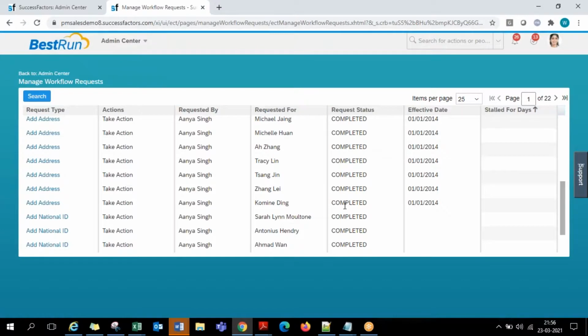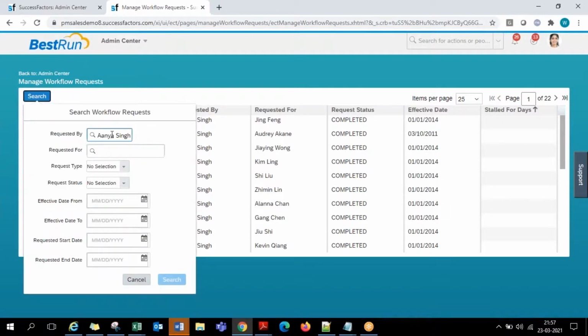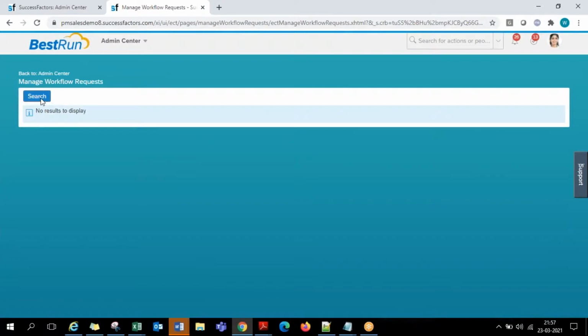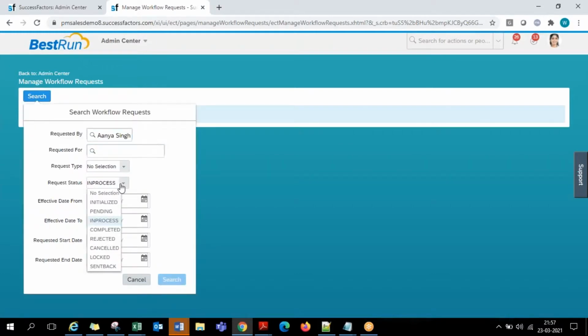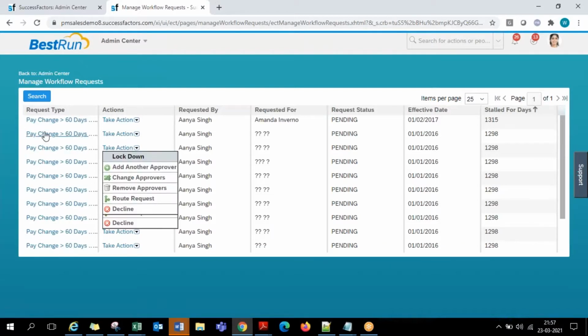And has that workflow been completed or not? Status is here like that. So if you want, you can also narrow your search by making requested by Anya Singh and those which are in the request status which are not yet approved, say they are in progress, pending, kind of anything, then click on search. There are no results which are in progress, everything is completed. Like this, you can choose your selection parameters, guys. Let me check pending also in a category. So in pending, there are few things. So there are some salary increments that were done by Anya Singh and that are kept in pending,